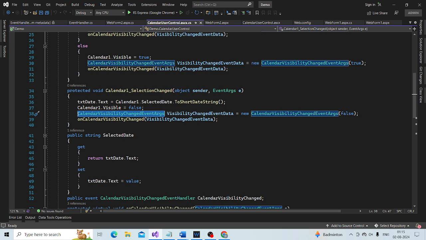When we select a date in the calendar control, we turn the visibility of the calendar to false. Okay, once again I repeat it. When we select a date in the calendar control, we turn the visibility of the calendar to false.